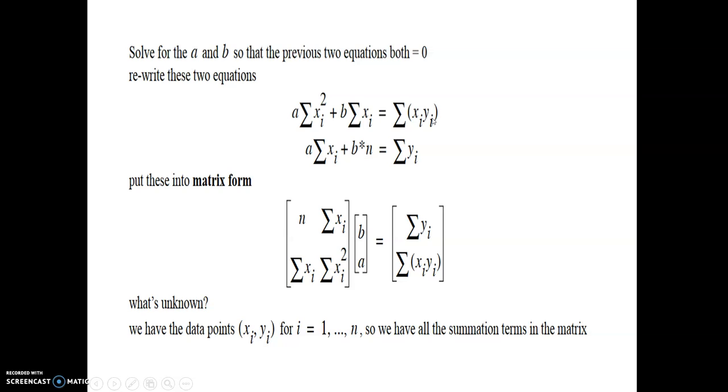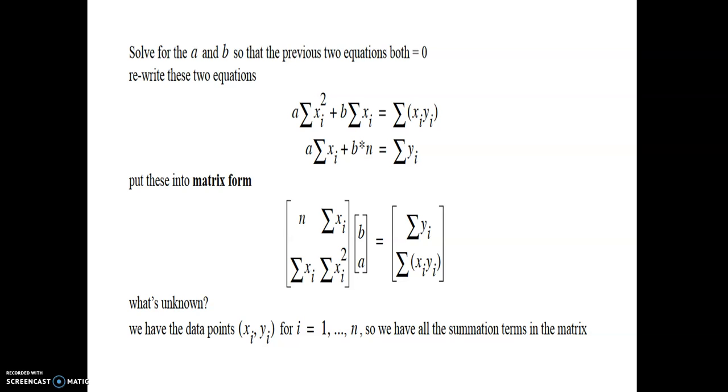Data points will be given to you. From the data points, you have to find out the values of summation xi, summation xi square, summation xi yi, and n represents the number of data points, and summation yi. You have to prepare a table, and from that table you have to find the values in these two equations. After getting these, we are having two constants and two equations, and you have to obtain the values of these two constants.